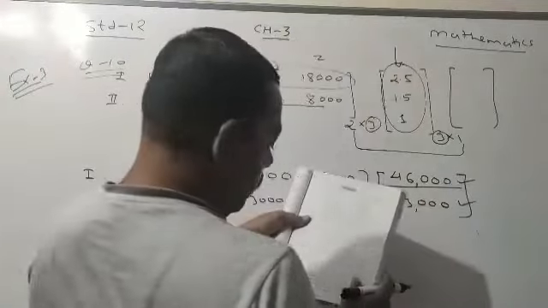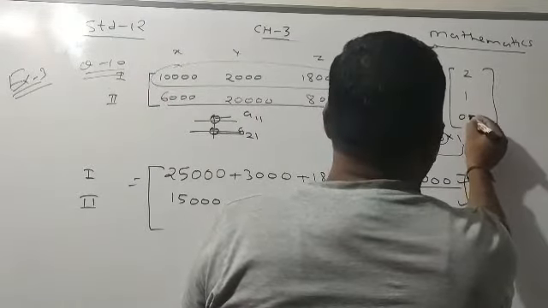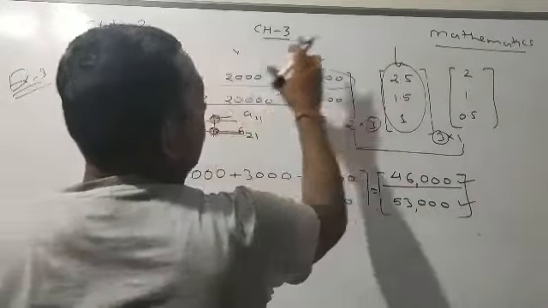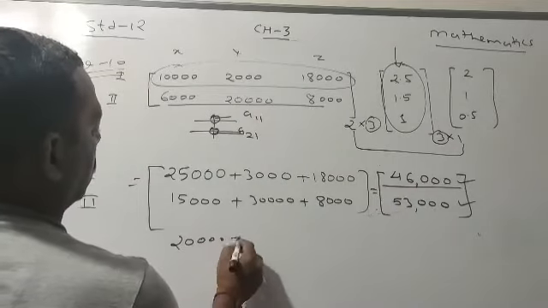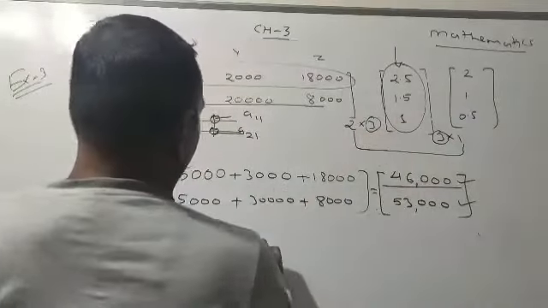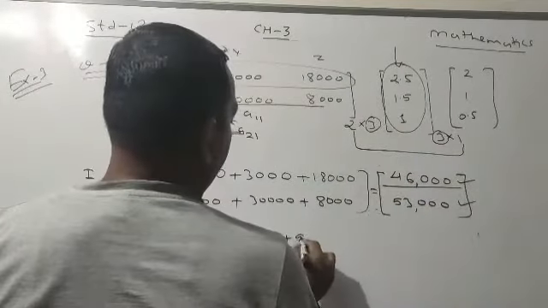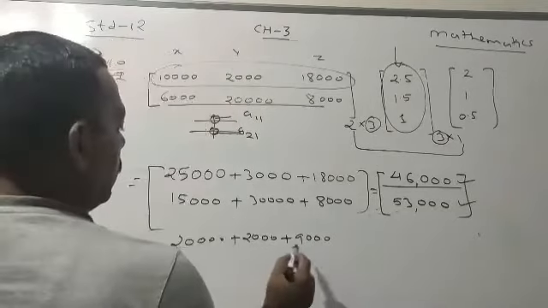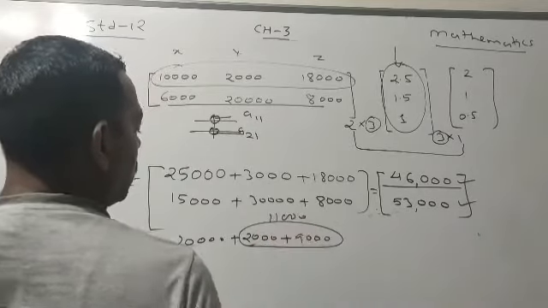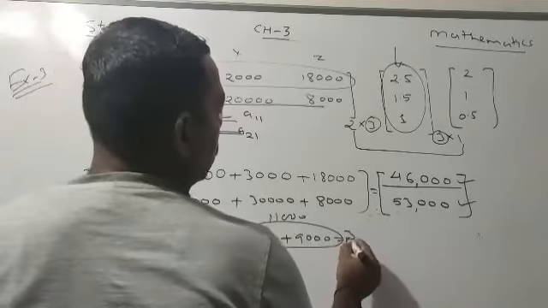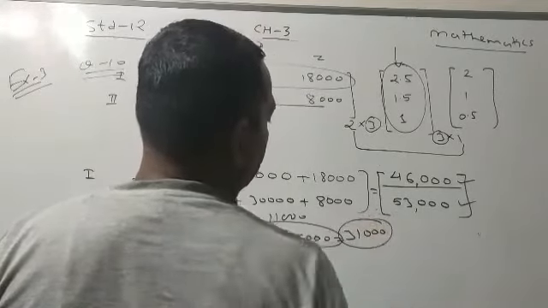Okay, see, I will write the cost also. That is 2, 1 and 0.5. If I do the product 10,000 with 2, we will get 20,000, plus 2,000 with 1. So it is 2,000 only. And 18,000 with 0.5. So it is only 9,000. So now 2,000 plus 9,000 is 11,000, plus 20,000. So the total answer is 31,000. Okay. Now here it is 31,000.